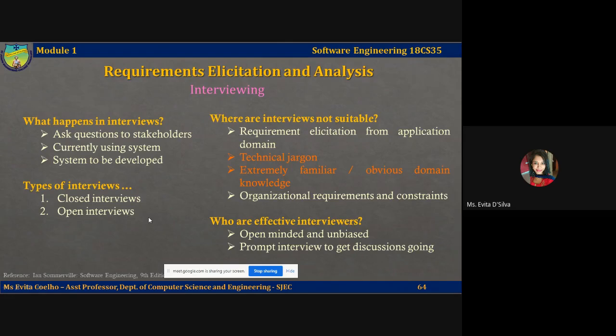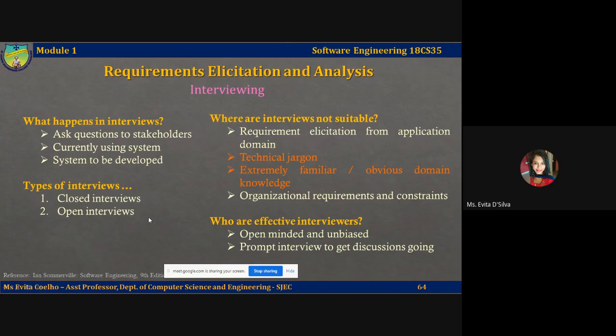You may have to obtain the answer to certain questions which could be included in your closed interview, but these usually lead on to other issues that are discussed in a less structured way and not provided in a questionnaire as such. Completely keeping the discussion open ended will not work well. You usually have to ask some questions to get started and keep the interview focused on the systems to be